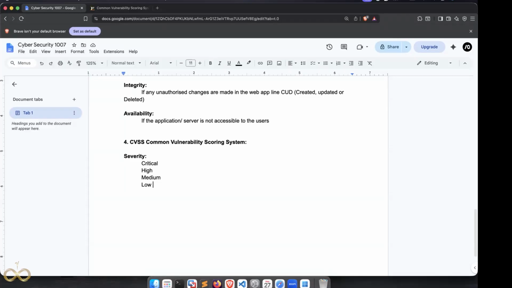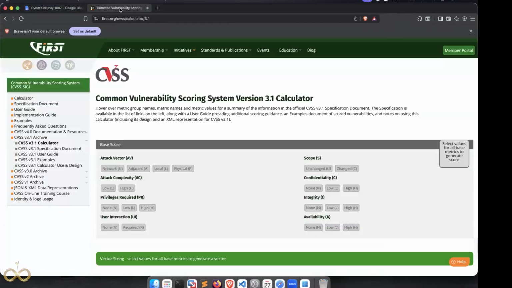You might have heard the terms P1, P2, P3, and P4: priority 1, priority 2, priority 3, and priority 4. So it is similar. These are the severities of any particular vulnerability. Now, the CVSS calculator ranges from 0 to 10. 0 means low and 10 means critical. For any vulnerability, this is calculated through the CVSS calculator. Version 3.1 is the version being used across the industry now.